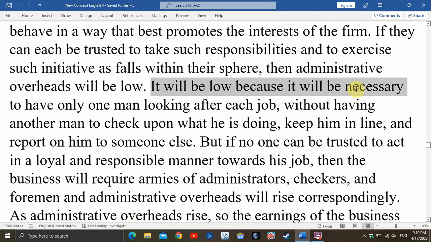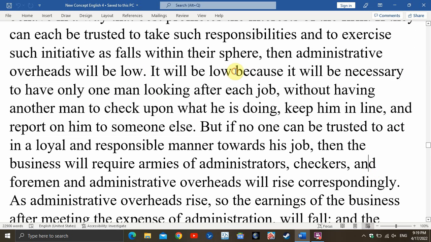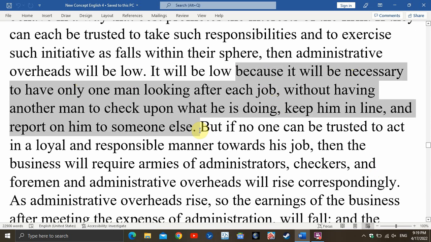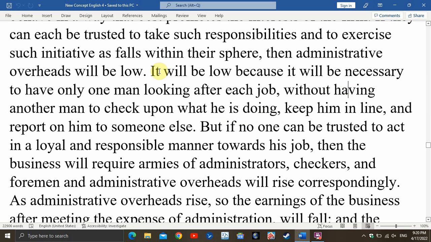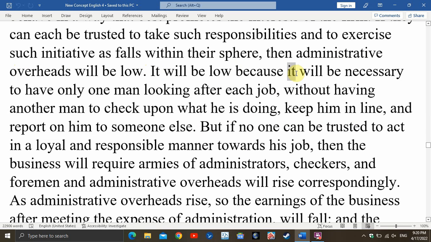It will be low because it will be necessary to have only one man looking after each job without having another man to check upon what he's doing, keep him in line, and so on. 好，那么首先这里有一个 because 从句，because it will be necessary to have one man look after each job。那么这个是一个原因状语从句，it will be low because it will be necessary。那么大家注意了，这个 it 是指那个 administrative overheads。那么后面这个原因状语从句里面有一个 it，这个 it 就不是指那个了，这个是一个形式主语。